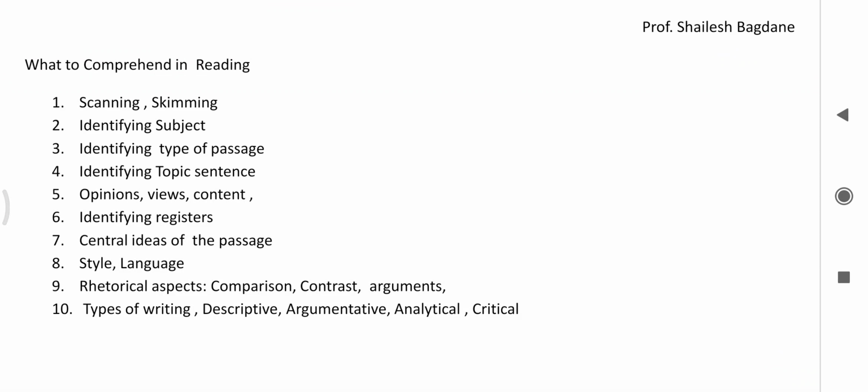If you are going to read a passage on politics, you will find the words that are related to politics. So skimming is just like finding words that give you the clue to the passage. To put it in simple words,